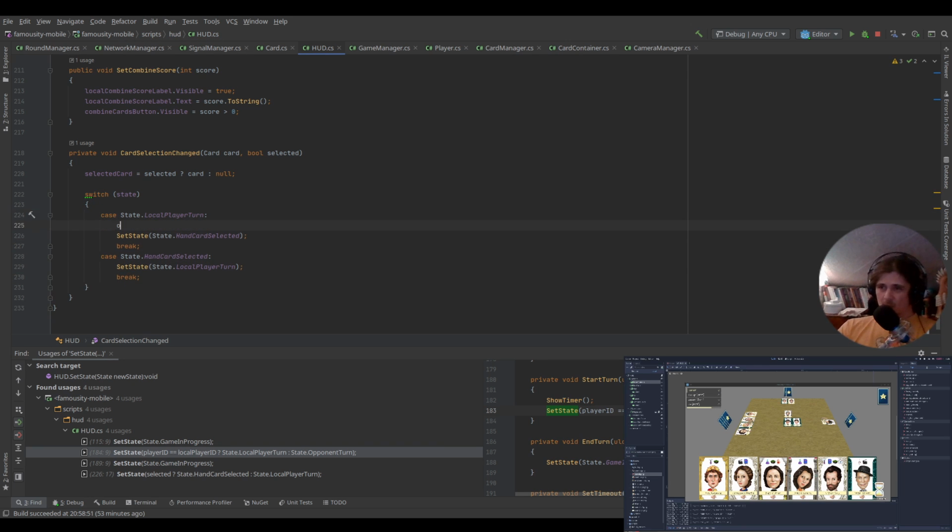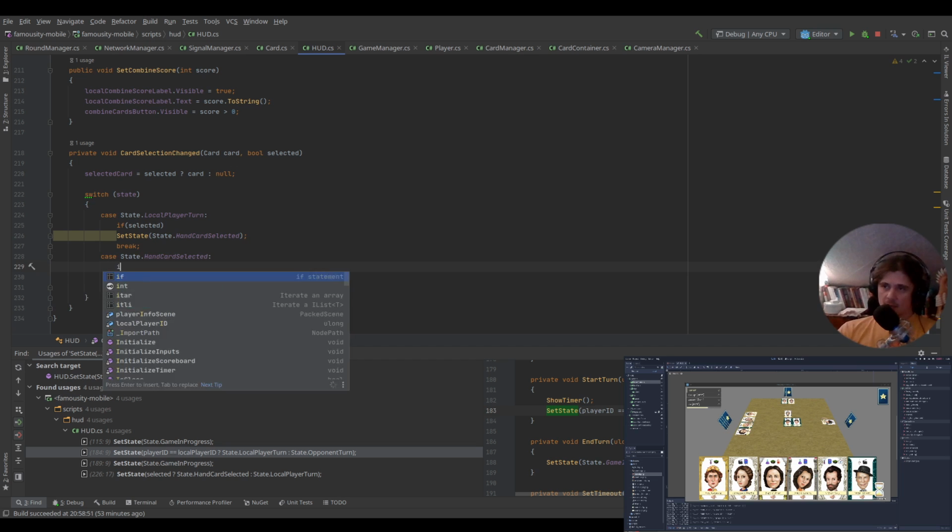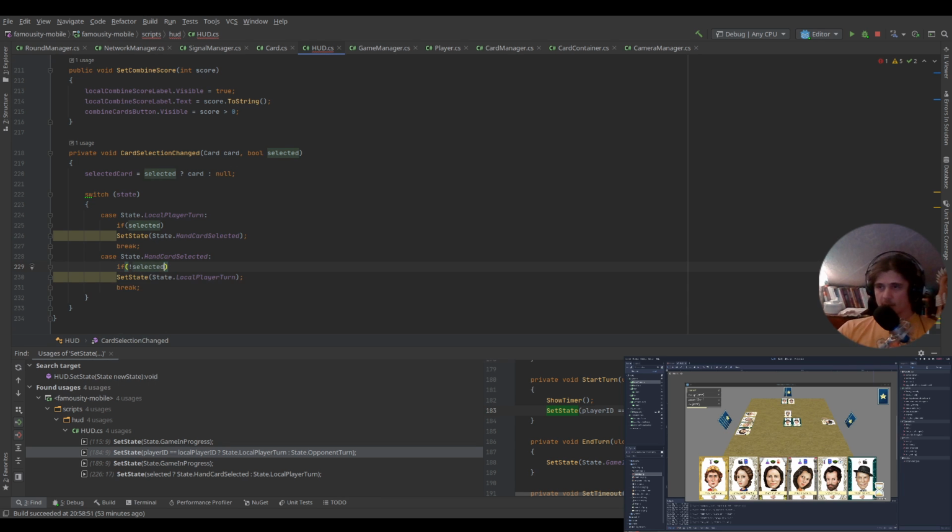We shouldn't assume actually, but I guess it might be okay. So if selected, and this is if not selected. Yeah, we shouldn't assume here, because actually one more thing here, and we need to